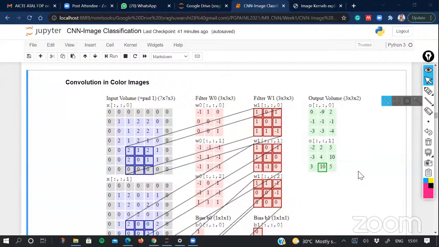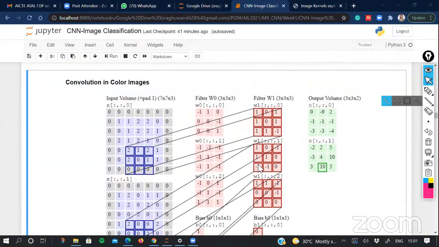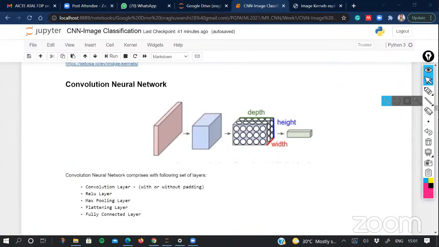No, sir. Okay. So this is the very first operation that you perform, and this is the first layer that we see in a convolution layer, which is what we call a convolution. Sometimes we use padding and sometimes we do not use padding. If we use padding, you'll get a similar size of output volume. If we do not use padding, your output volume will be of reduced size. So if you are using a higher size input, then definitely you'll get the reduced size.